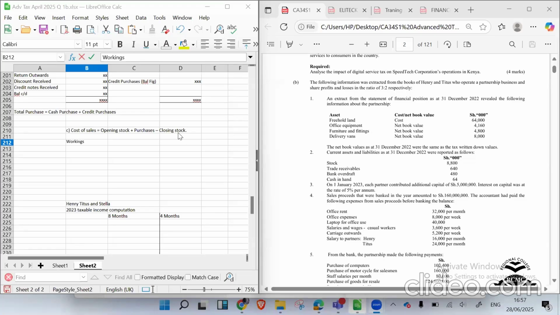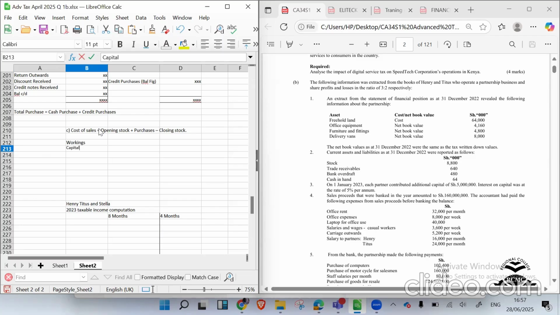Tuendelee basi. As our workings, we need to start by we need to know how much is our capital at the beginning of the year. Hapo ndo hiyo something ilifichwa. And we know that